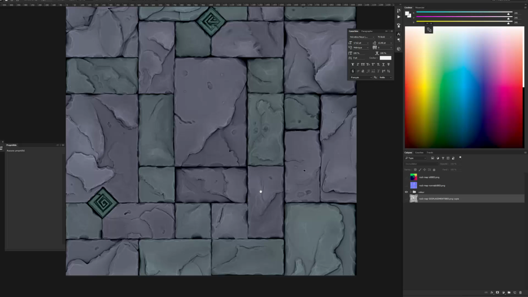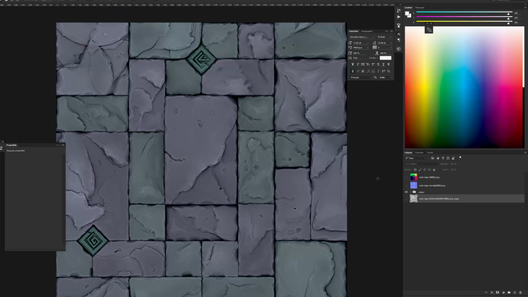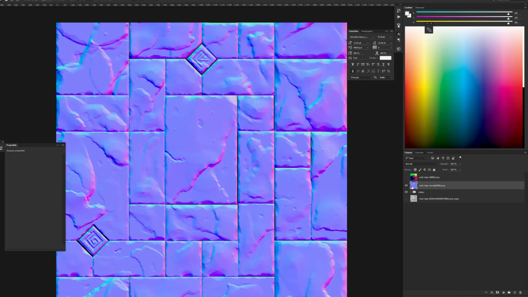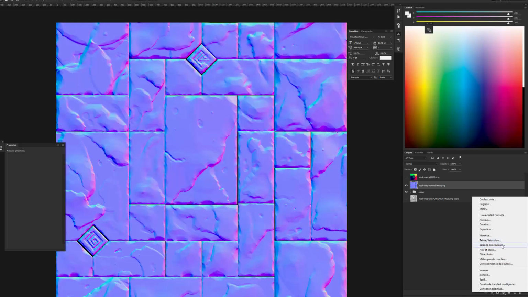But if you're in a game where specularity and stuff like this are not used, or if you want it to be more stylized, and let's say it's a wall, so we want the light to come from the top here or from this corner, we can use the normal here and use